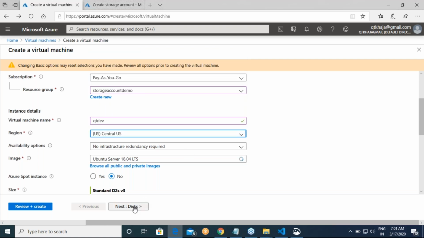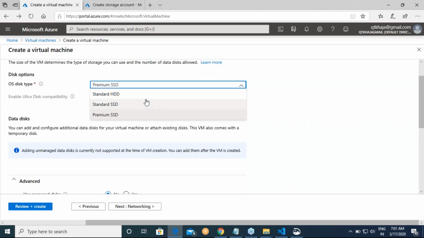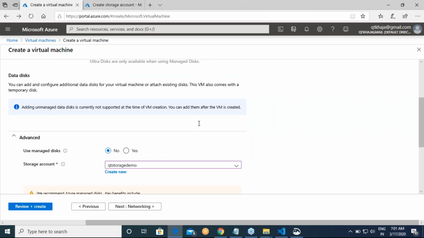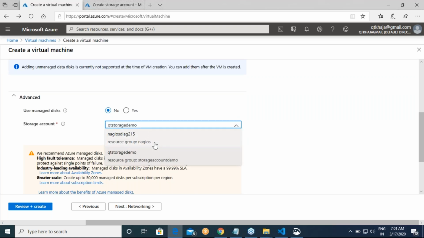Central US. Now you go to the disks. I change it from premium to standard. Now, if you see over here, am I seeing my two storage accounts? Remember I said that storage has the scope of a region. These two storage accounts are present in Central US, so I cannot use these storage accounts to store something which is of West US. Am I clear on this?